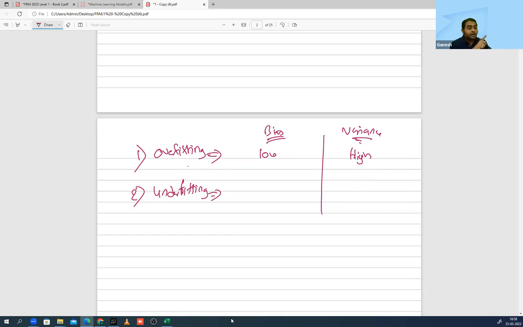Now think about this. In underfitting, should the bias be high or low? Why? Because I'm taking only one or two factors. So what is going to happen? It depends upon the user to decide which factor will go into the model. If I am biased, I feel this variable I will not take. I have some problem with the variable, some past experience, and I'm not going to take it. So that is a bias which I am bringing into the model.